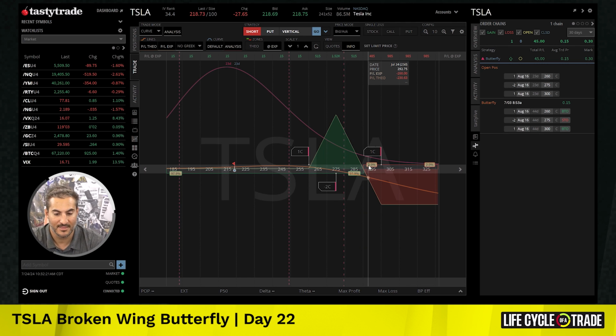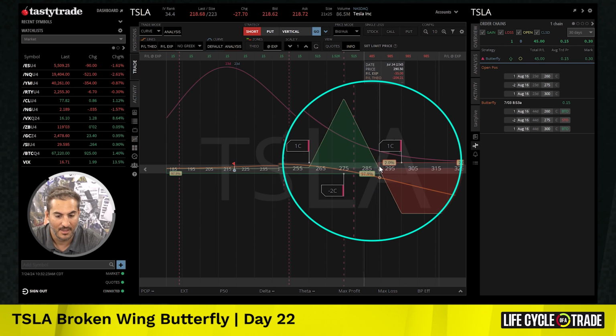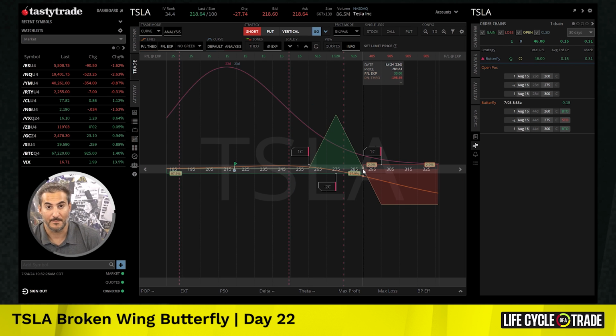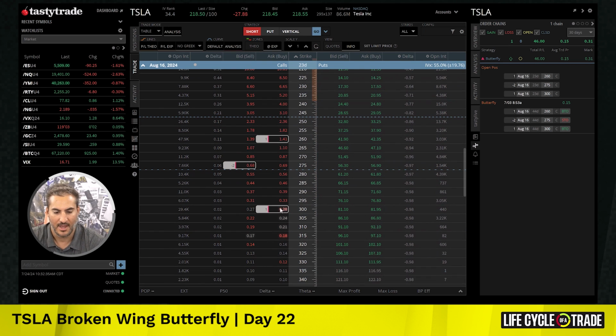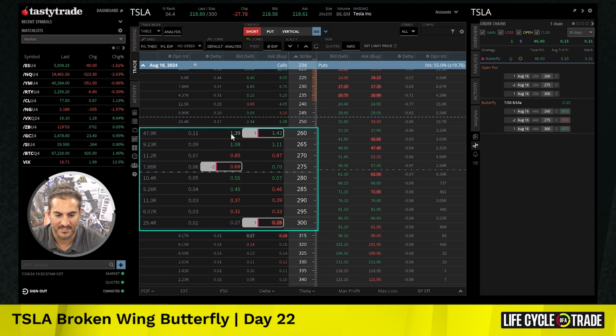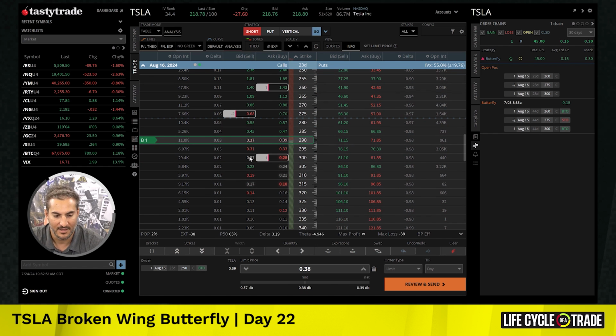If we can buy in the risk where it starts here at about 190, if we could buy in that risk, we'll have a risk-free position here. So what we do for this adjustment, we go to the August expiration, and from here we have this $15 wide call spread, which means that we have risk after $15 above this short call that is part of our short call spread. So if we can buy this 290 and sell out of this 300 for a debit